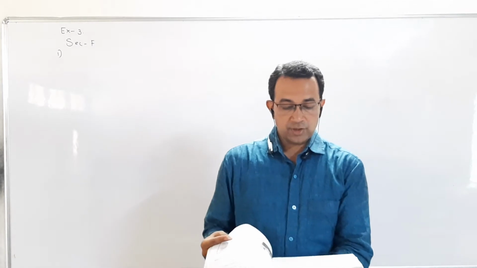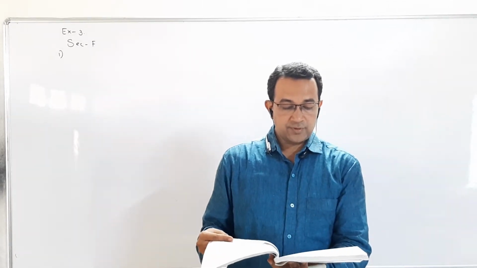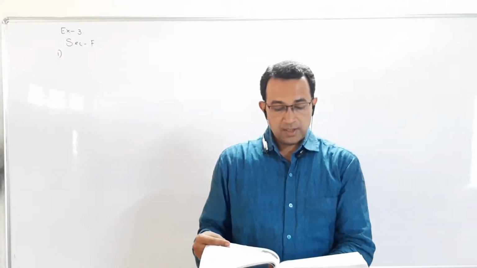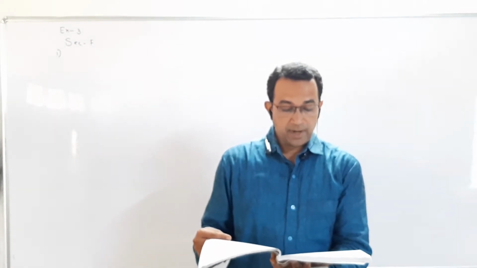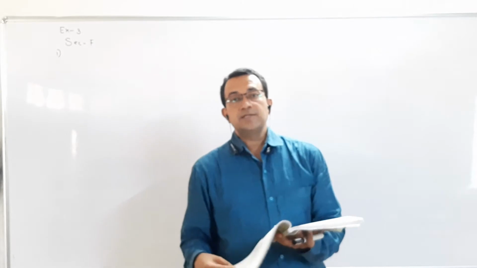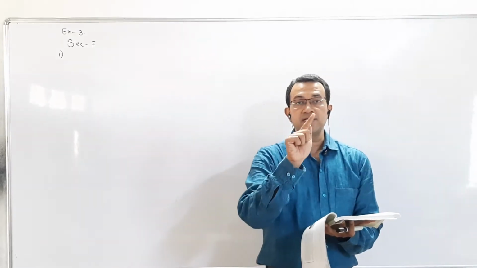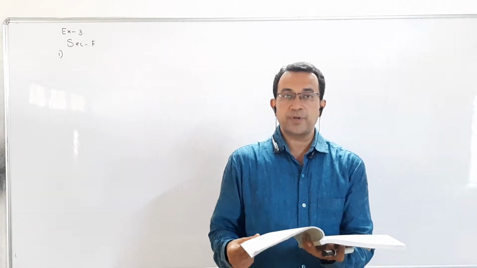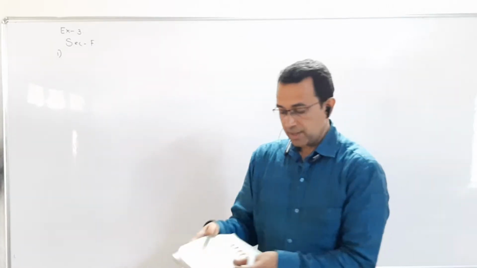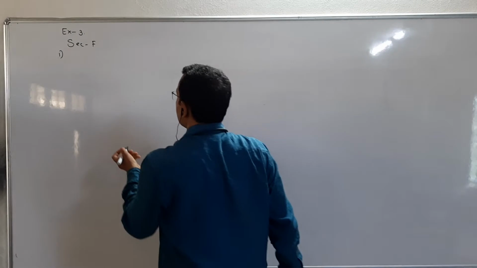In previous lecture, we have completed questions 1 and 2 of section E. Now students, we are going to start section F, question number 1. The question is as follows: obtain the regression line of demand on price. The variable before "on" is demand, so that will be Y, and the variable after "on" is price, that will be X. So write down first step, let